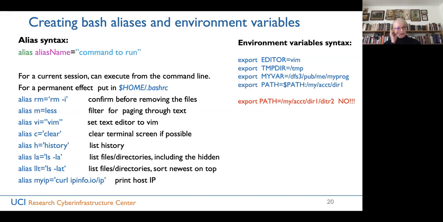What can you do in this file? For example, you can create an alias. An alias, basically, this is actually what it is. It's just an alias name for the command that you want to run. It's a shorthand naming for maybe multiple words that you don't want to type. For a current session, it can be executed from the command line. If you want a permanent effect, you put all these lines in your .bashrc,